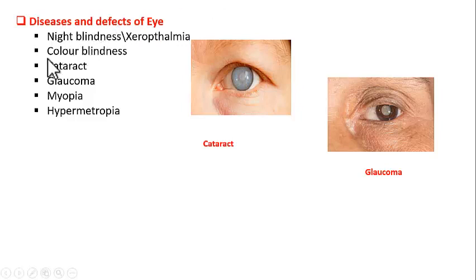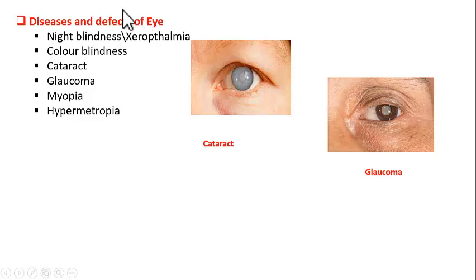Night blindness is also called as gyrophthalmia. It is the inability to see things in dim light. So the people with night blindness cannot see things properly in night. Some people completely cannot see anything in night, and that condition is called as night blindness. Telugulo dini reyi chikati antaru.